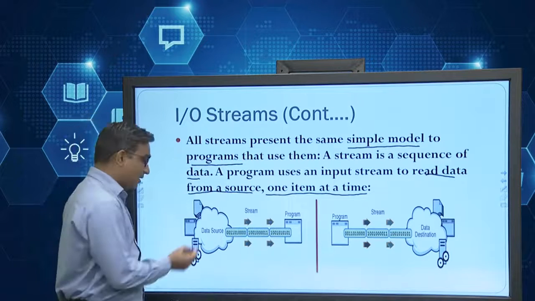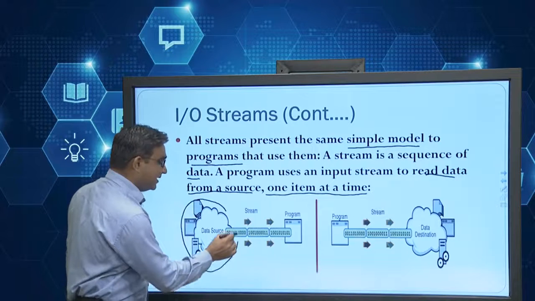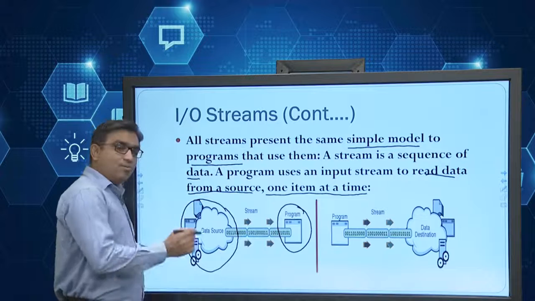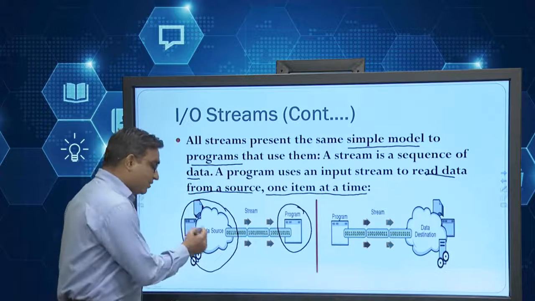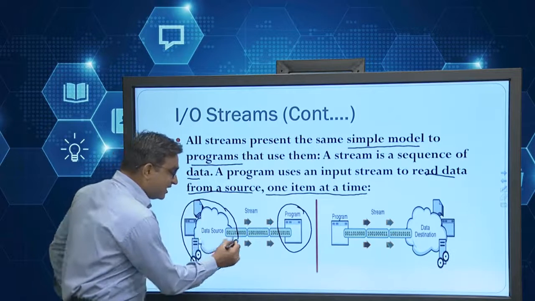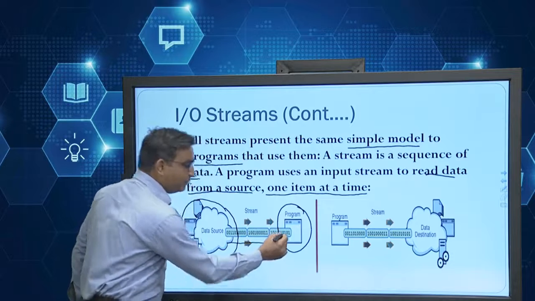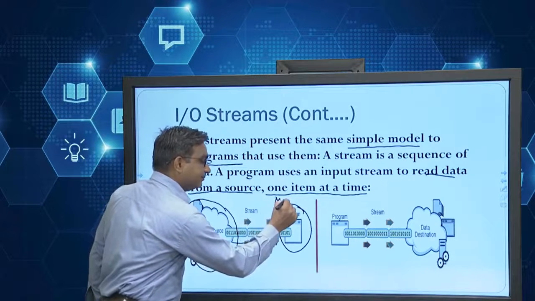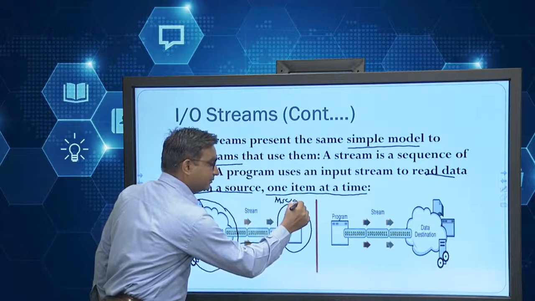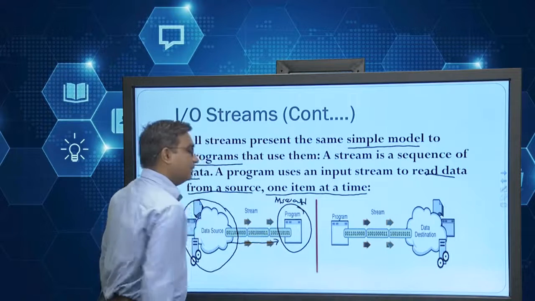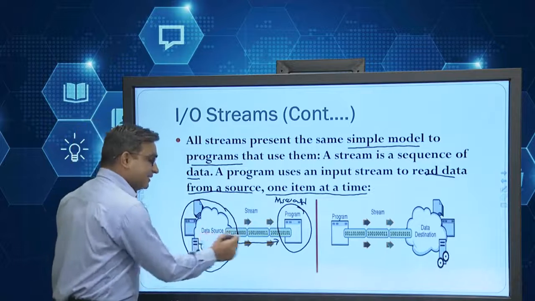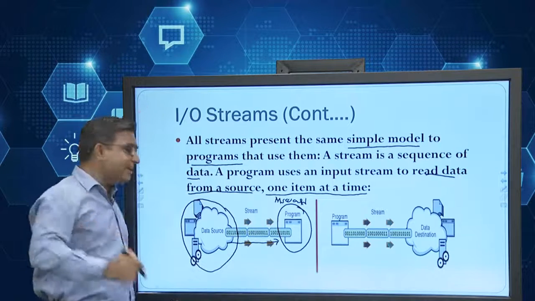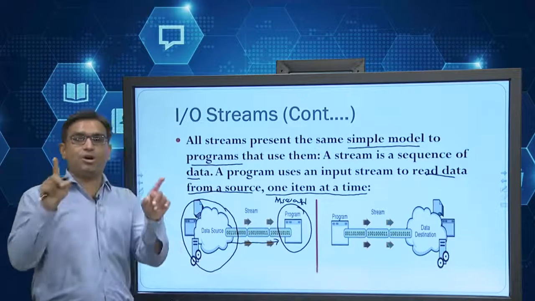Let's understand graphically. This is my data source, this is my application, and I want to open my doc file. So my byte data from that doc file is passed serially and sequentially to my program, an application that we assume is MS Word. That MS Word receives all kinds of byte data in a serial format. Once all data is properly loaded, then immediately your MS Word shows all your text content.